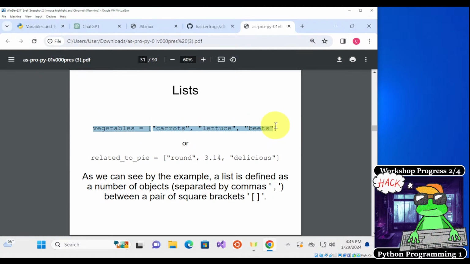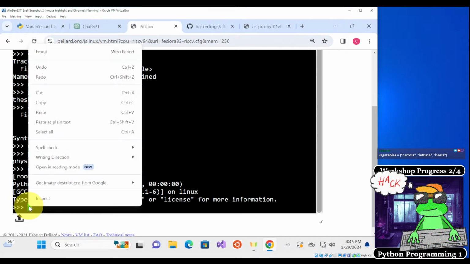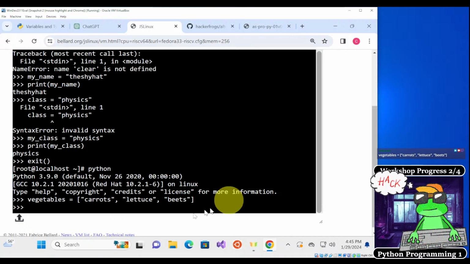I'm going to copy this and put it in chat so you guys can play around. Then we can go to JS Linux, and we can paste this in by right-clicking and then selecting paste. This is going to define the vegetables list.